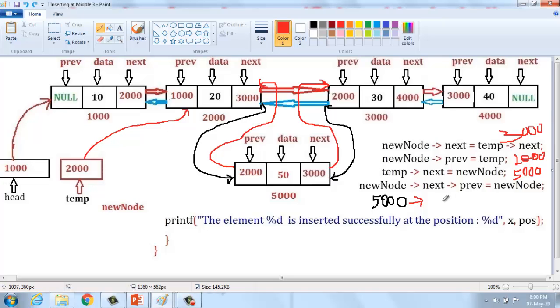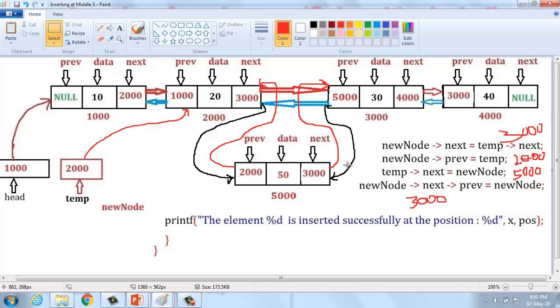So new node next is 3000. The 3000 previous is nothing but 2000. This 2000 should equal new node, so we have to change this 2000 into 5000, because this is the new node. I have created a link.